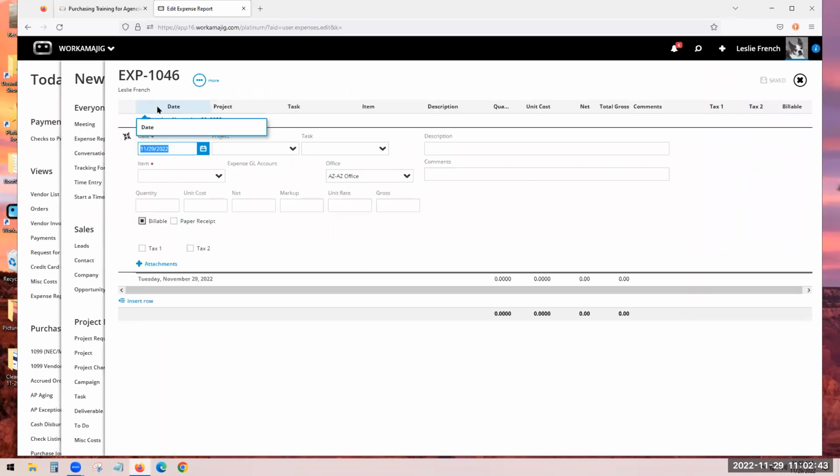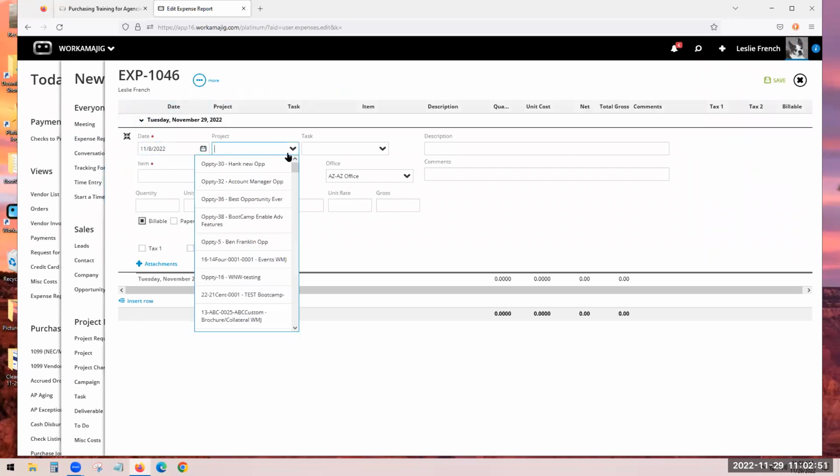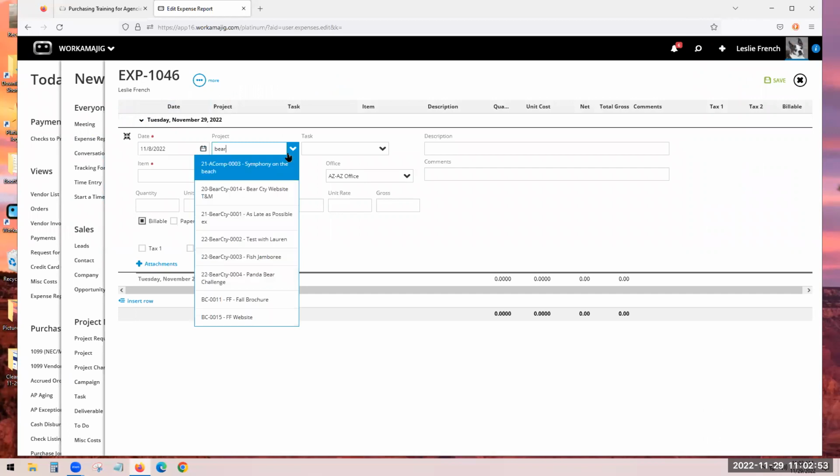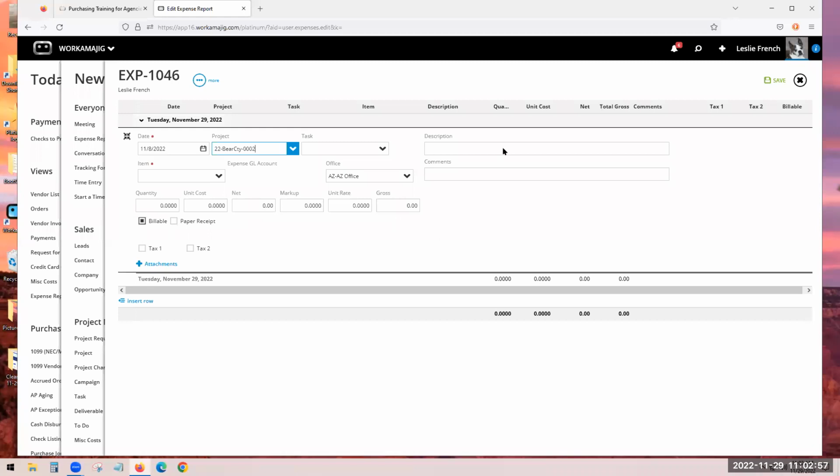You're going to add a new expense report. What was the date? Certainly wasn't today. Maybe it was last week or two. Now this is where you would pick the project that expense was for. I was traveling for my project Bear Country and I'm grabbing it. Do I know the task? If it's required, you certainly need to